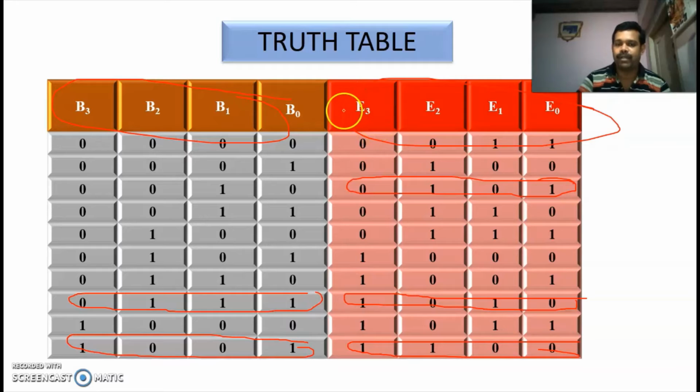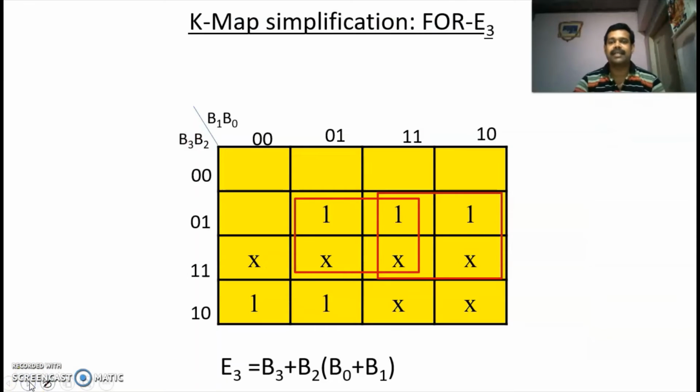If you want to draw the K-map for E3, then you have to check the column of E3 wherever you are having 1. For that corresponding input in the K-map you have to put 1. Then you have to plot, then you have to group, and then you have to find the expression. Similarly for E2, you have to check the column of E2. If you are having 1 here, the corresponding input is 0, 0, 0, 1. So in the place of 0, 0, 0, 1, you have to put 1. Similarly, here you are having 1. That is 0, 0, 1, 0, you are having 1. So in the corresponding places, you have to put 1, then you have to group, then you have to find the expression. So this is a K-map for E3. Already I have told you that from 10 to 15, you have to put don't cares.